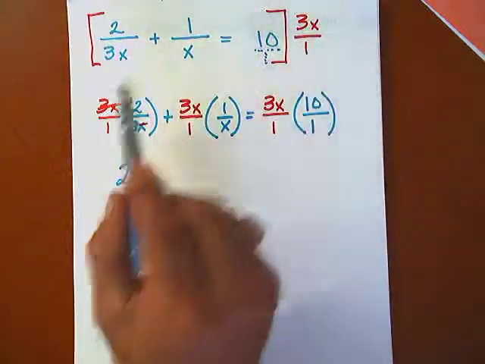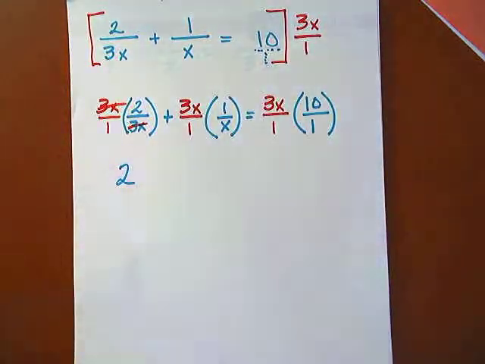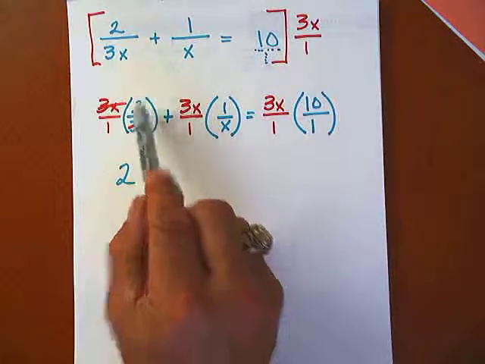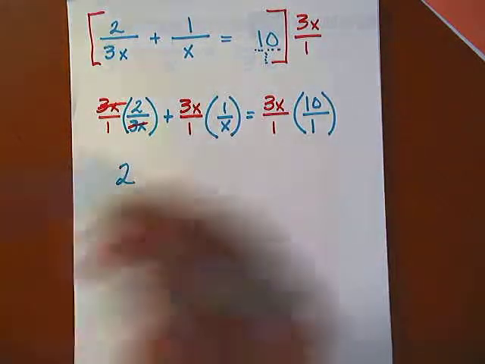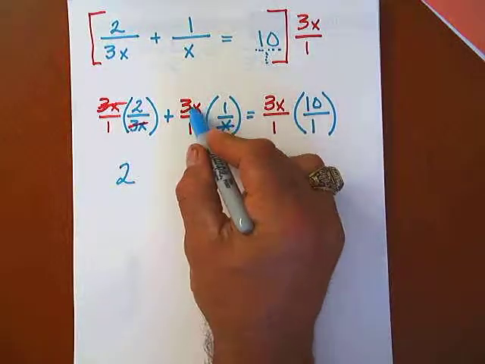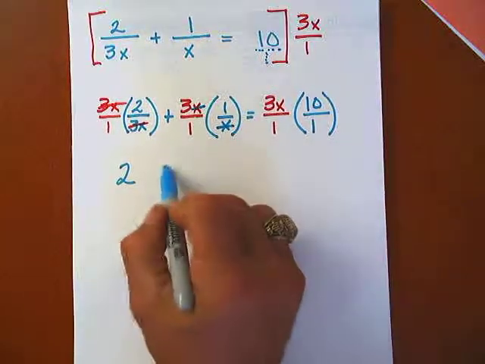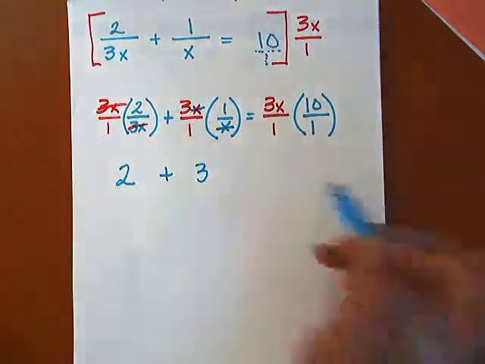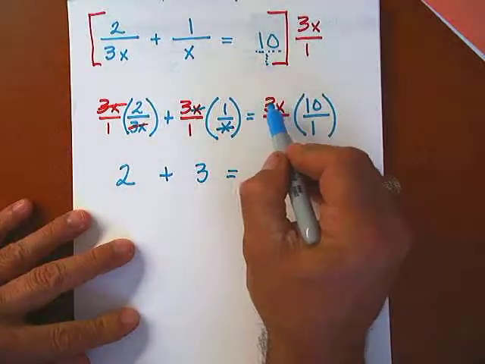So I'm going to multiply by the common denominator over 1 and multiply through all the way, and that's what I did. And the 3 x's cancel, that leaves you with 2. The x cancels, that leaves you with 3 times 1,